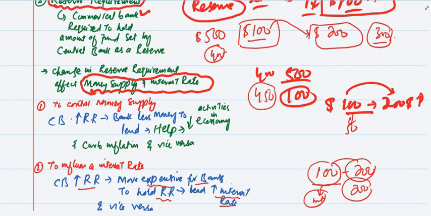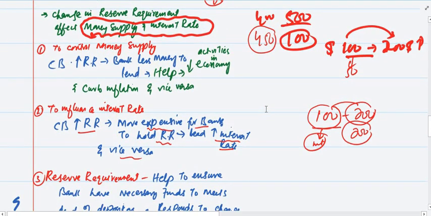Now if we take the other side of the coin, if the required reserve is reduced, the bank will have more money to lend, and definitely this will boost the economy. The economy will be overheating, the economic activity will increase, and this will also affect inflation, meaning inflation also goes up. So this is the case. Now when we are controlling the money supply, the central bank has to increase the reserve requirement. The second thing is, if the central bank wants to influence the interest rate,